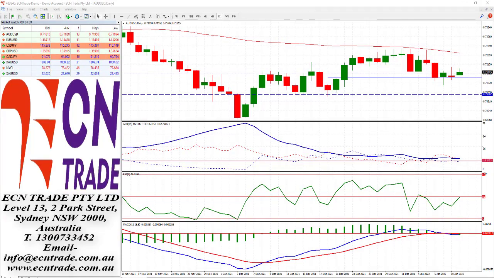It has been another choppy session for the Australian dollar. After briefly contesting the top side of the range around 72 cents, the market reversed, but however respected the level of 71.60, which still remains vulnerable.